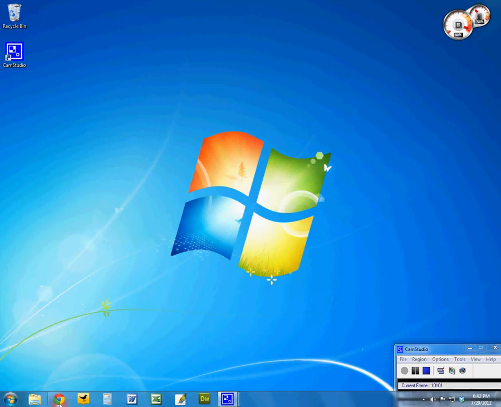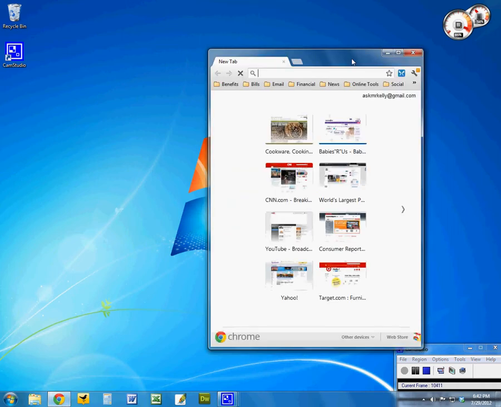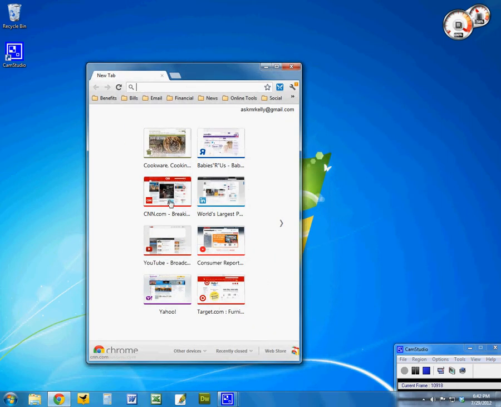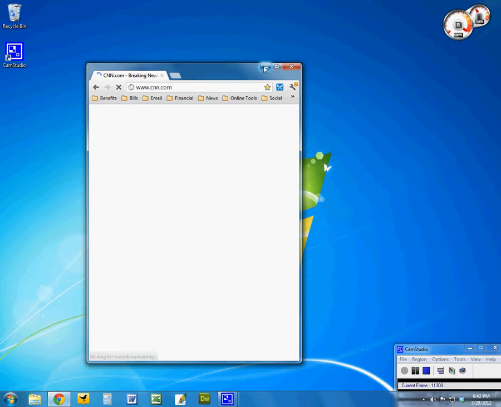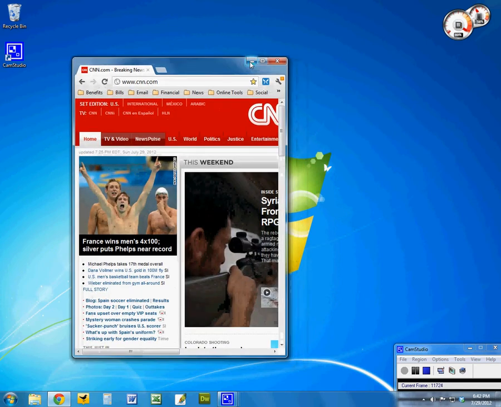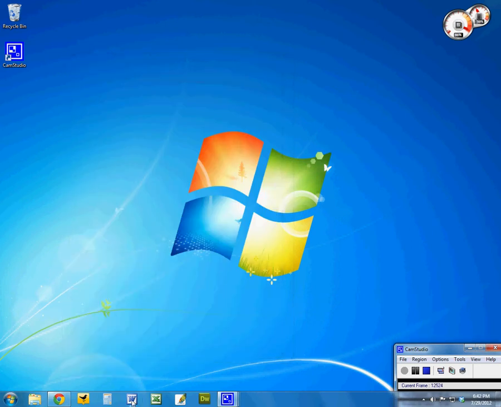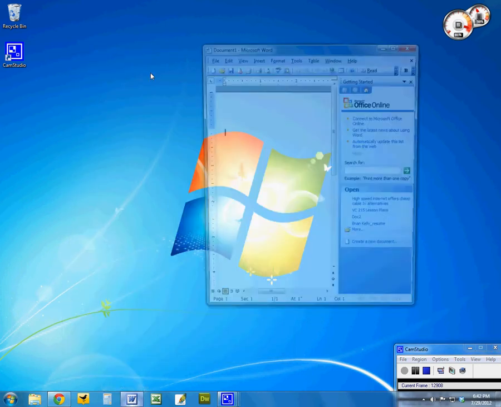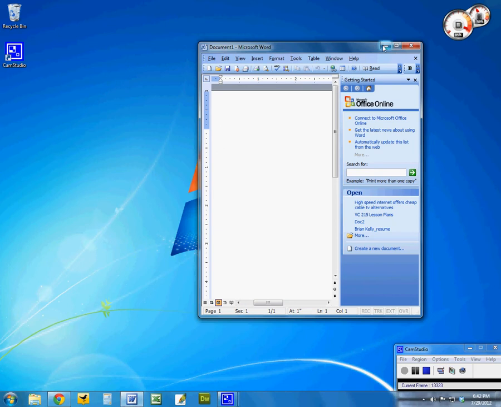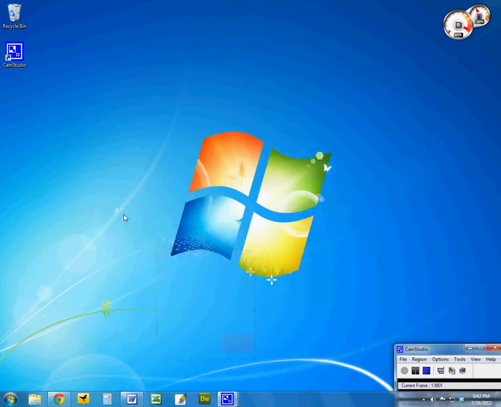So I'm going to go ahead and launch a tab here, and I'll just jump down to cnn.com, and I will minimize this window by left clicking our minimize button. Then I'm going to launch Word here by left clicking, and I'm going to minimize that window as well. And right now I'm going to go back to my